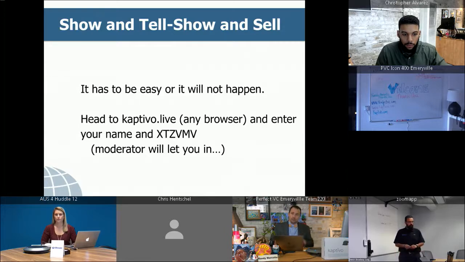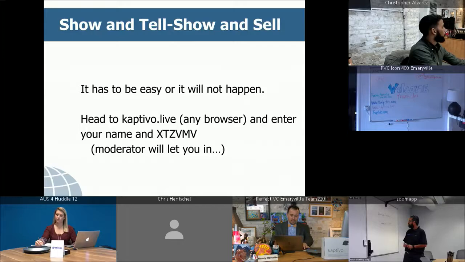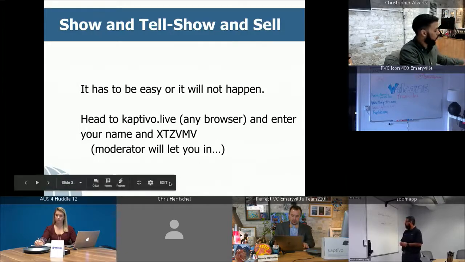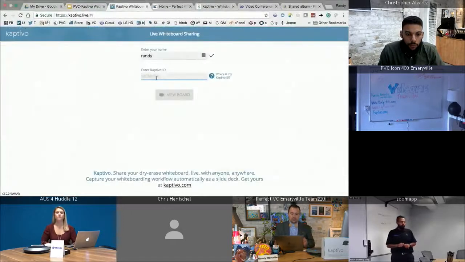In order to facilitate that, we'd love to have you, and you'll only be able to do this if you're in the live stream. If you're watching this on recording, this won't function. But go ahead and head to kaptivo.live, and I'm going to leave presentation mode and show you what that looks like. Then you're going to enter that code, XTZ Victor Mary Victor. The function here, and again I'll exit live screen: when you go to kaptivo.live and enter that code, and I'm going to do it first,